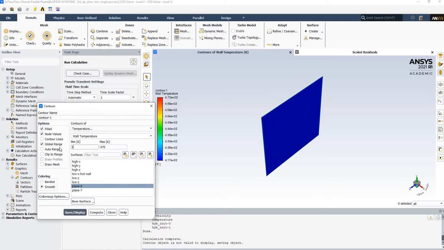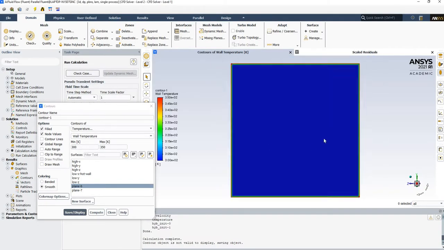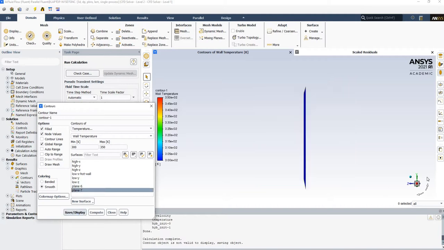Okay, let's do 300, and let's do this 350 maybe. This is strange. I just need to play with this one. I just randomly put the boundary condition, so